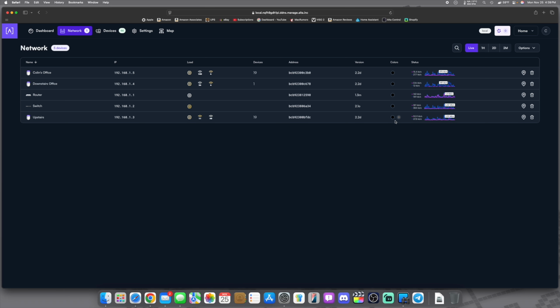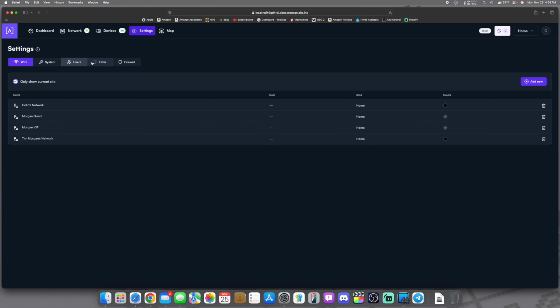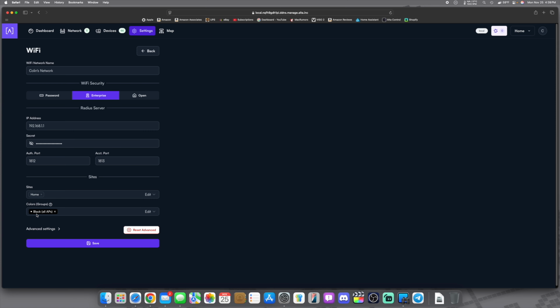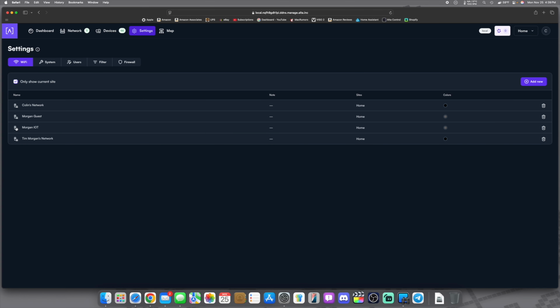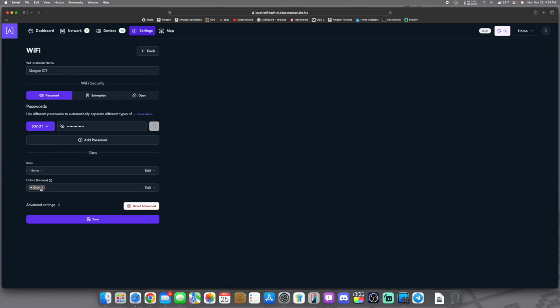So you can see all the access points have black colors on them, which means if we head over here to the Wi-Fi settings and we go to my network, we can see the black color is all access points. That is default. You can't change that. But if we set like blue on here, or say we make a new network, we'll go to the IoT network, because it's on gray, it's not on black. So black is all APs. Any other color is what you configure. So there's no black on here,